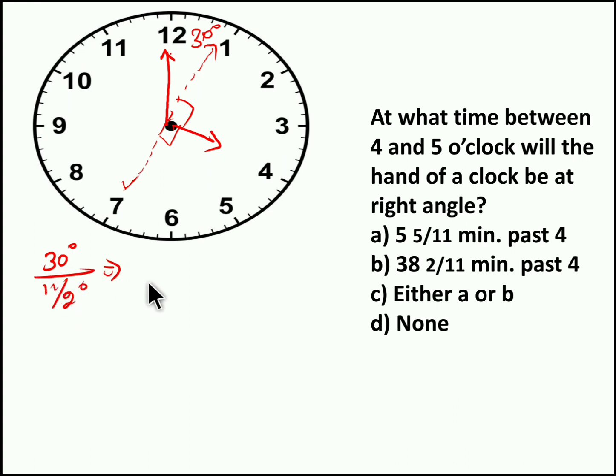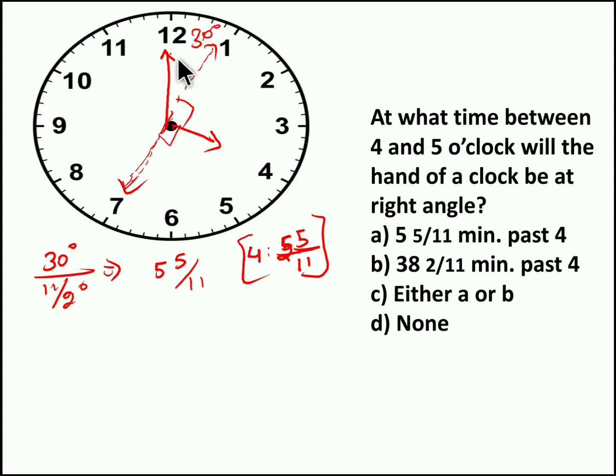So when we solve this, you get 5 by 11 minutes. So exactly at 4 o'clock 5 by 11 minutes, it will make a right angle. And the second right angle will be...